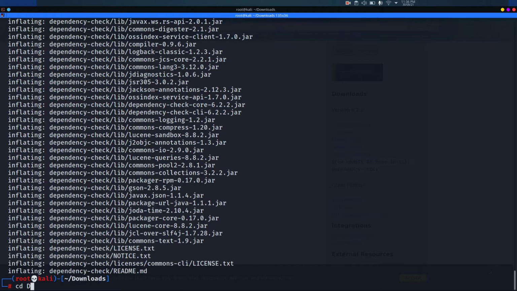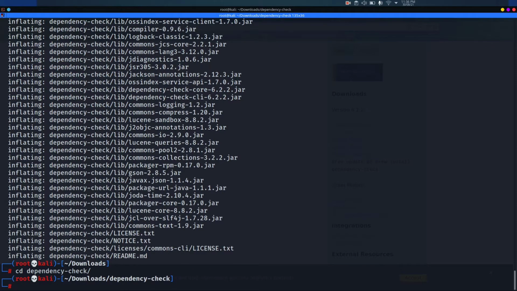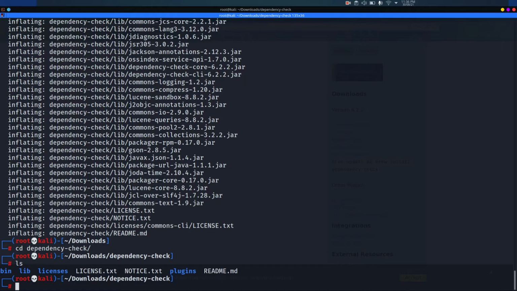Just cd into that tool, dependency checker. Here all the licenses, readme and other files are present. I'll just go to the bin directory.